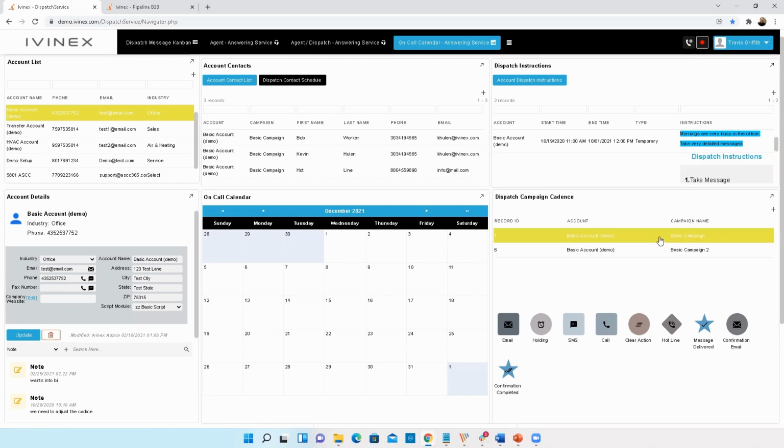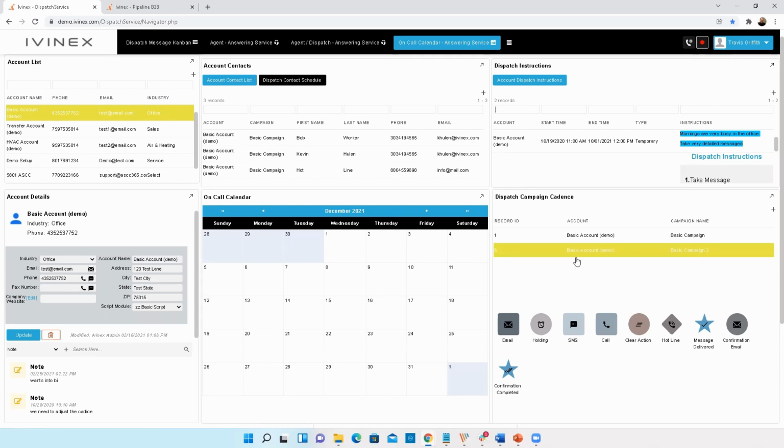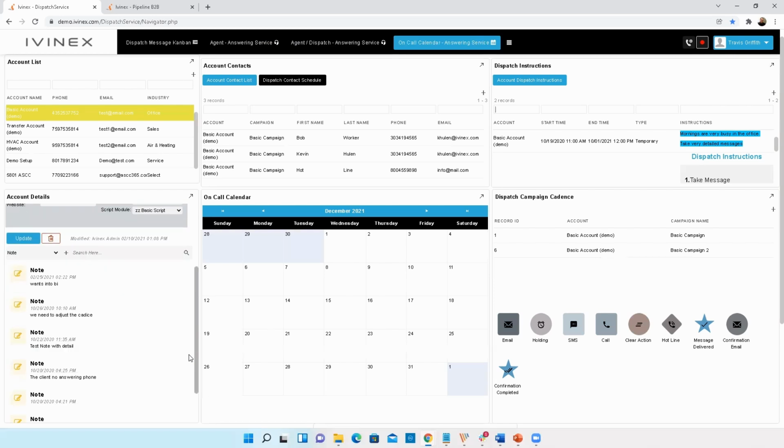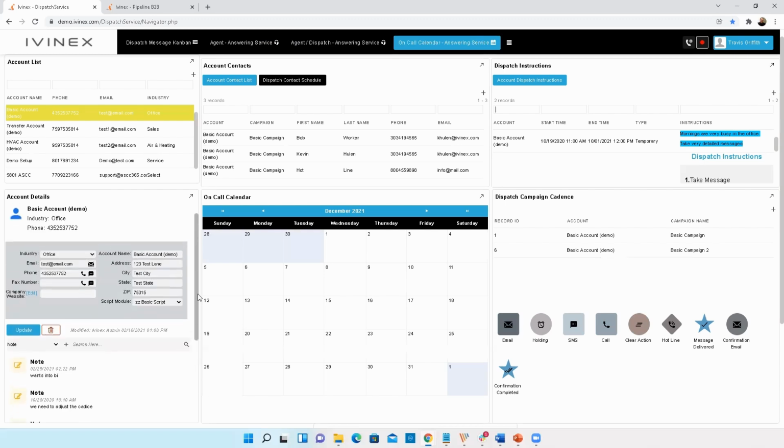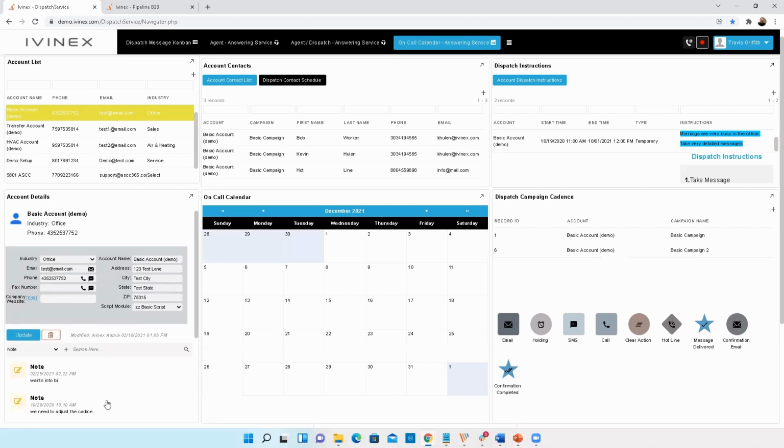And then we can see which campaign cadence is being run currently. So again, the system can take automated actions on these records. Those automated actions are fully customizable. And then on the bottom left, we've got our customer journey. So we can see all the interactions that have taken place, and these are all sorted by the most recent. So it's very easy for me to keep track of recent interactions, scheduling, and then manipulating the entire system and